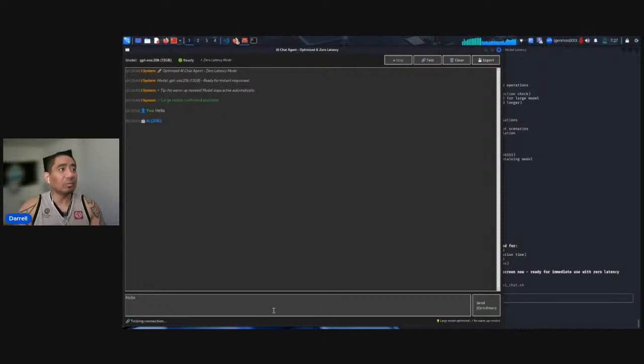So I may have to resort to a lighter model, meaning something less than 13 gigabytes, which is most likely going to be Llama 3.1, a 2 gigabyte model.